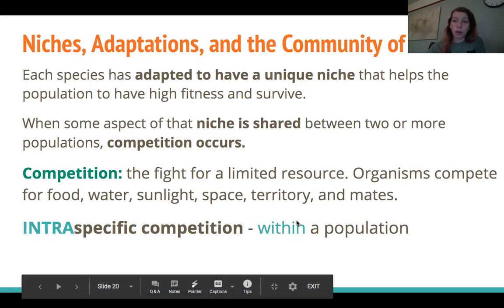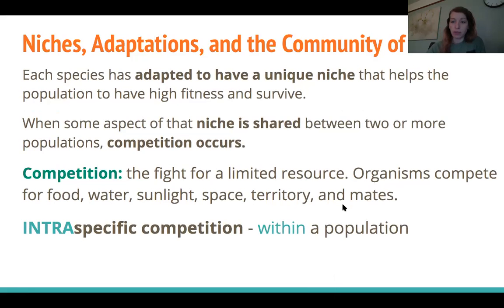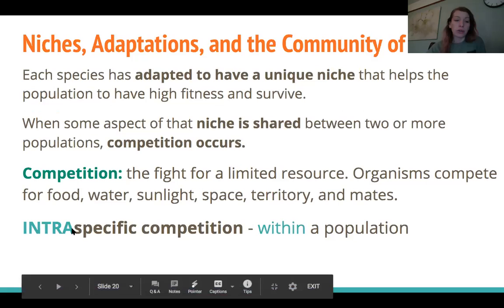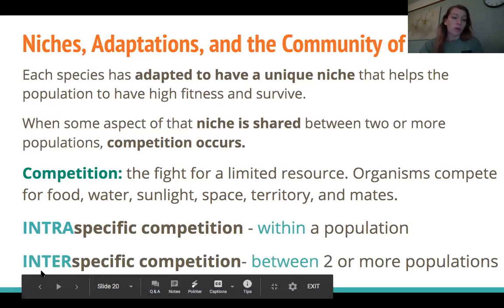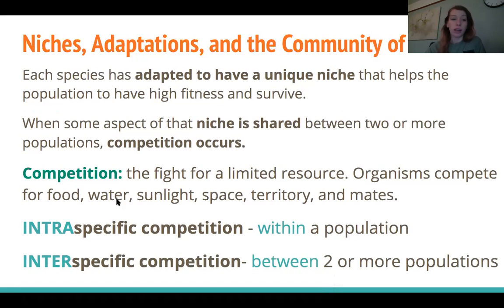When we're looking within one population, like I was mentioning here with competing for mates, this is going to be called intra-specific. If you remember intra, I don't know if we've learned this one yet, means within. That's a root word. And so within a population, only one species competing against itself for resources. And this is pretty common, right? So both for mates and for things like food, if they're not a cooperative species. Or interspecific competition, this is between 2 or more of different species, so 2 or more populations. So this is very common as well, especially for plants, thinking of fighting for sunlight, water. A lot of things share food sources, and then also